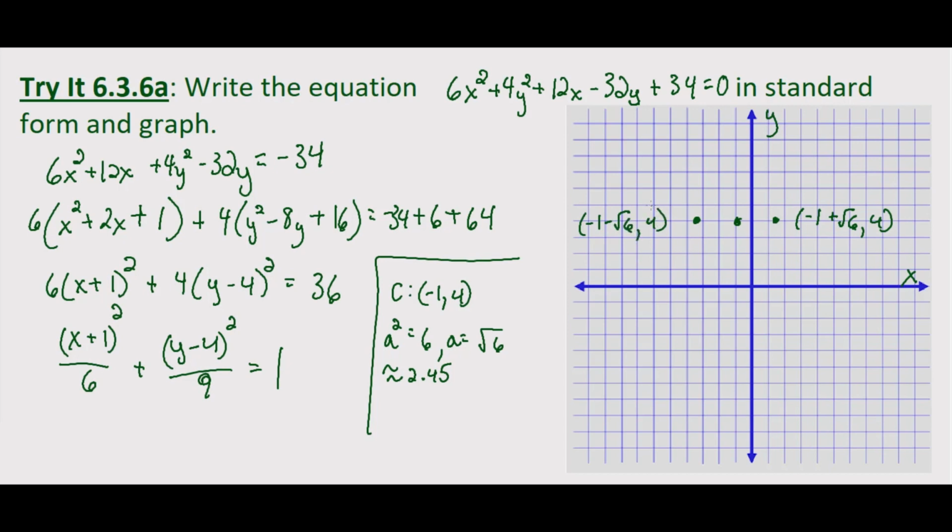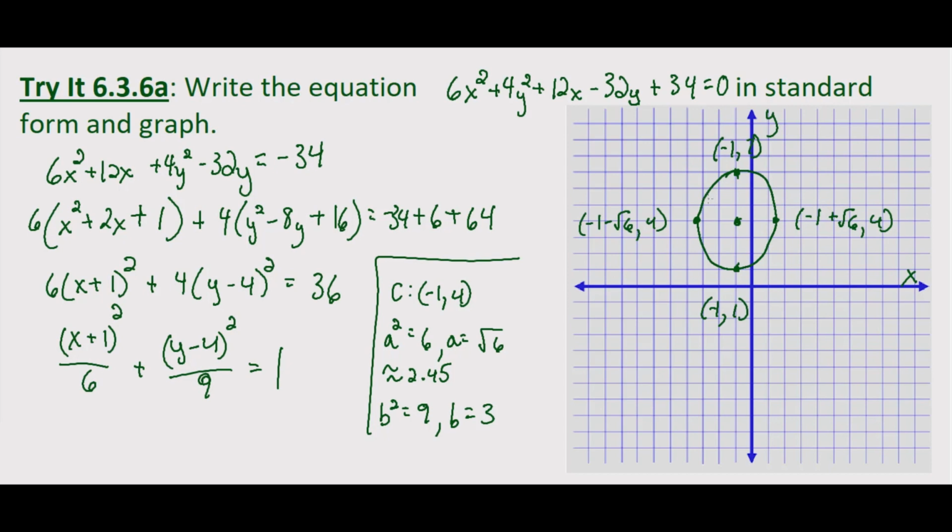And then we'll look at our b squared equals 9, which means b equals the square root of 9, which is 3. So we'll go up and down from our center 3. 1, 2, 3. 1, 2, 3. And that means we're at negative 1, 7 and negative 1, 1. And then we just connect our dots, breaking it up into fourths